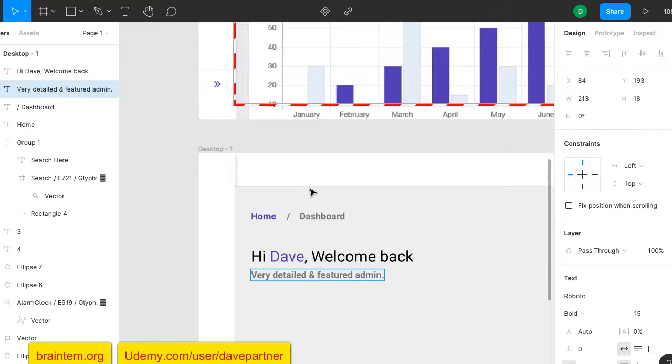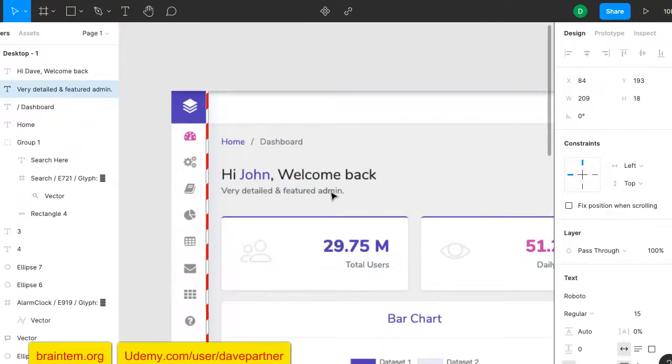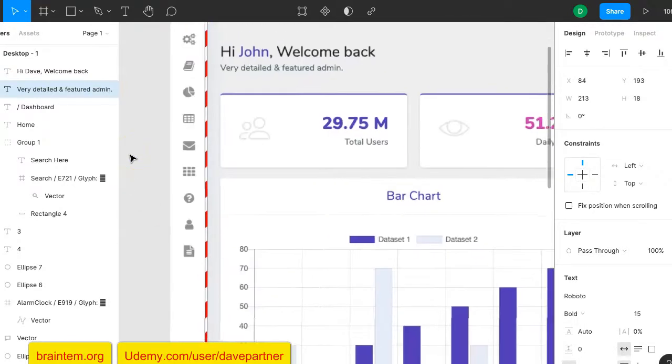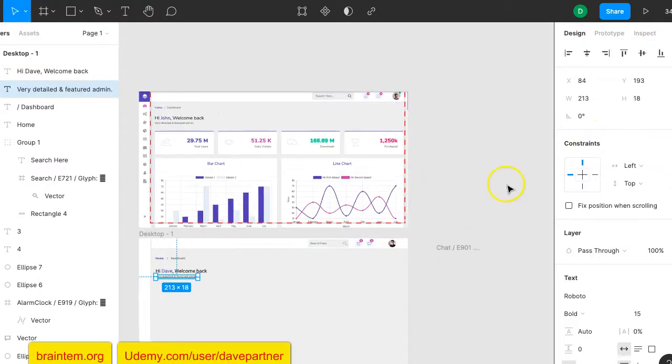And featured admin. Ctrl A, make it less bold. Sorry, I think it's actually bold. Ctrl Z, I lost what I just did. Make it bold. Okay, good. So far, so good. Now, if you look at this, you'll see that